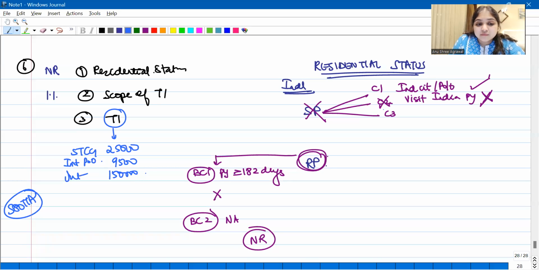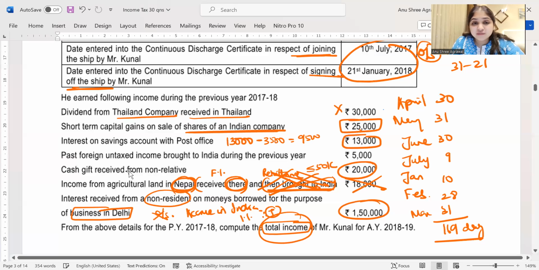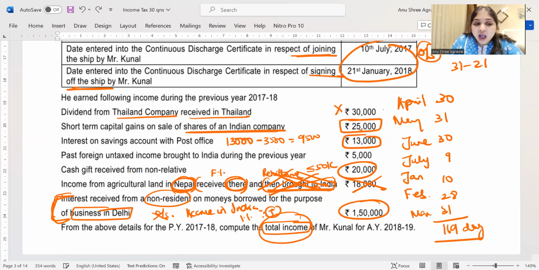Are you noticing with those charts, royalty, interest and FTS have become so easy? I'm very sure you would have been able to answer this very easily. How did we think, guys? A non-resident is paying interest, so immediately I will say accruing outside India. But only one exception I will have: is it relating to business or profession in India? Yes. Because it is relating to business or profession in India, it is an Indian income and therefore it's going to be taxable.